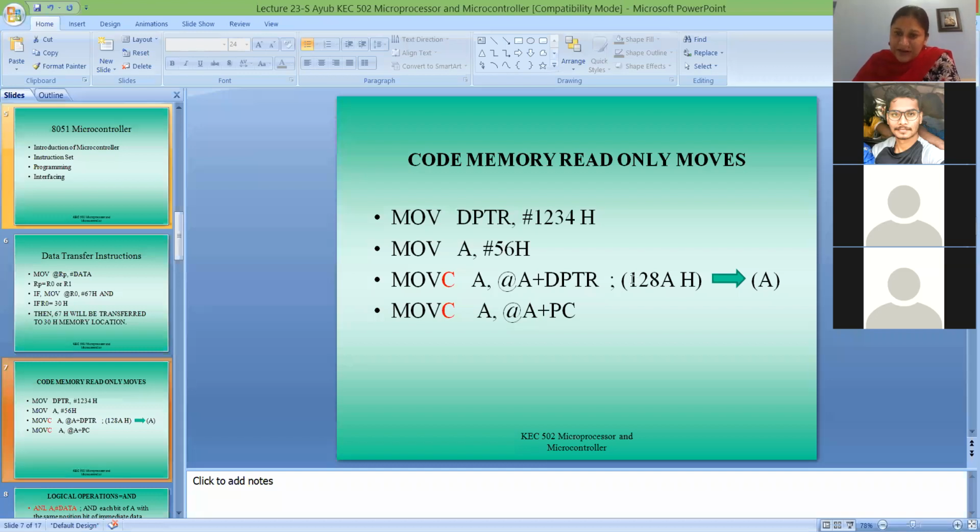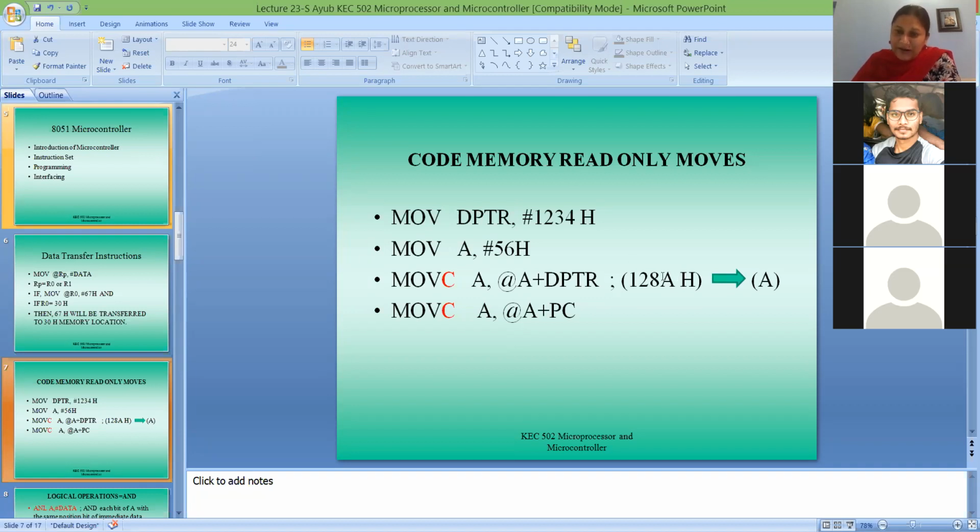So this is another 16-bit memory location, and because we have put the @ sign here, whatever is the data at this particular memory location 128A, naturally because 8051 is an 8-bit microcontroller, whether your address is 16-bit or 8-bit, the data at that particular address is 8-bit.